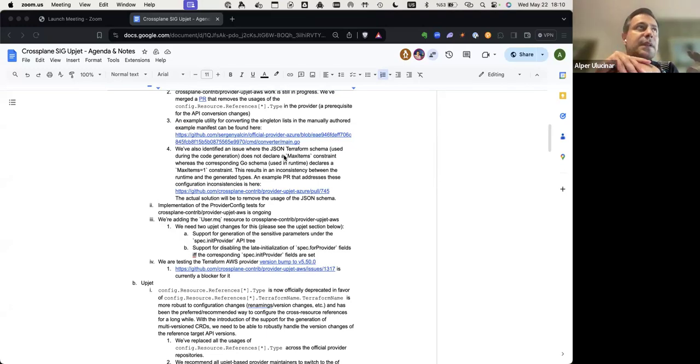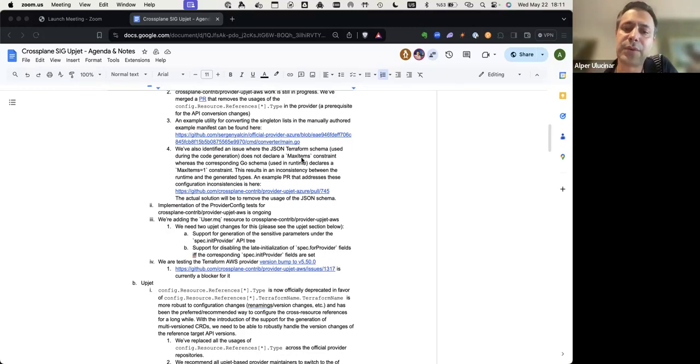Under this new architecture, we are utilizing the Go schema. However, in order to make this change backwards compatible, as a workaround, we are still using the JSON Terraform schema. And we have observed some inconsistencies in the JSON schema. Certain resources do not have the max items constraint set to 1.